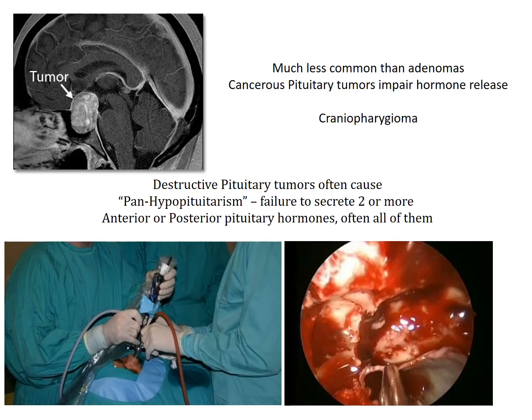And remember, invasive tumors in the pituitary gland are going to destroy the person's ability to release hormones, so that they become hypo, right? If you're not releasing the hormone, then you go into one of the hypofunctioning states. So this is one type of malignant pituitary tumor called a craniopharyngioma.